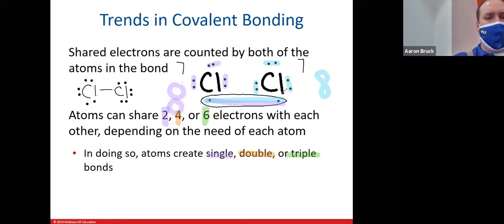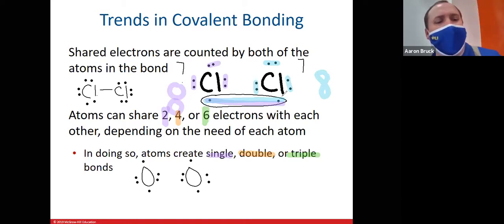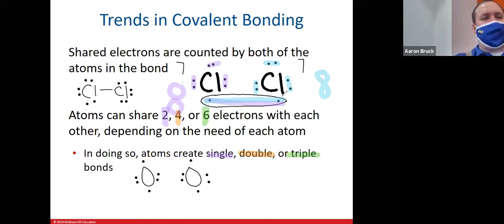Just as another example, let's look at oxygen. Oxygen also bonds with itself, makes diatomic molecules. If I look at the Lewis structure of oxygen, I'll find that each oxygen has 6 valence electrons. If I start to pair up the unpaired dots, like so,